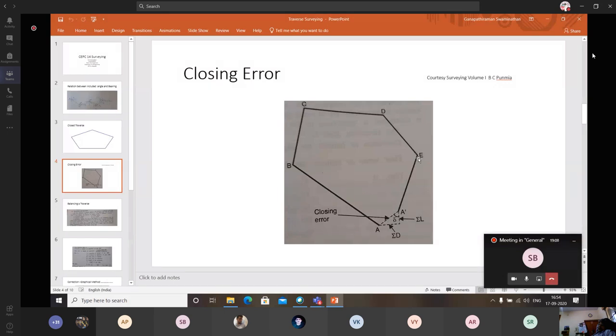I want the error to be minimized. See, in your survey syllabus, you have what you call the theory of errors. The theory of error goes by what is called the theory of probability, which says that both positive and negative errors are evenly distributed and follow a Gaussian trend. The Gaussian curve, you have seen, is a normal distribution curve.